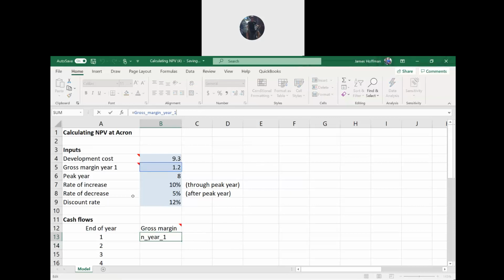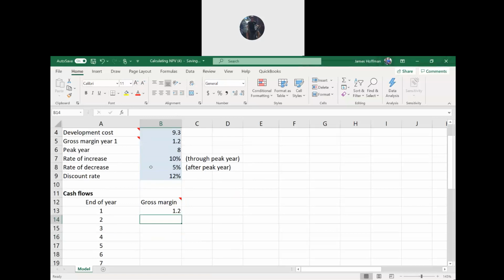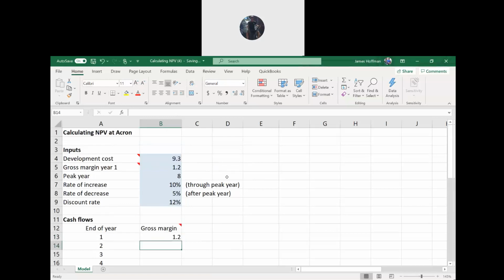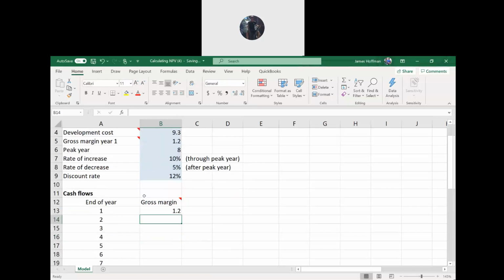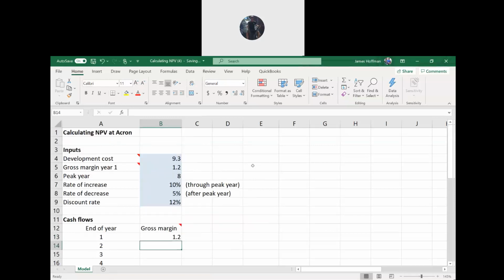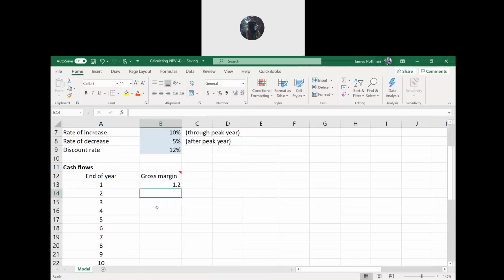Okay, so you should have made a range name for that, and that's just saying that at the end of year one, we get 1.2 million, and we don't have to discount it because we get it right away. Okay, but the rest of them are either increasing or decreasing based on the year. So we're going to start increasing, and then we're going to start decreasing. So you can put in the big formula that you see in step 3 in cell B14. So right here, for year 2, it's equals